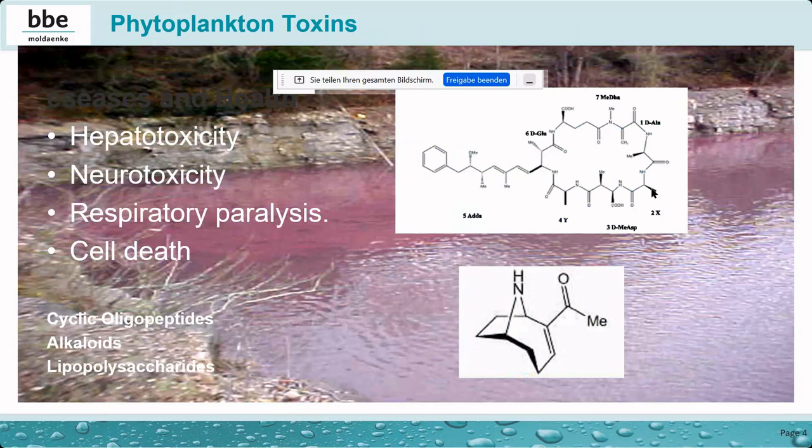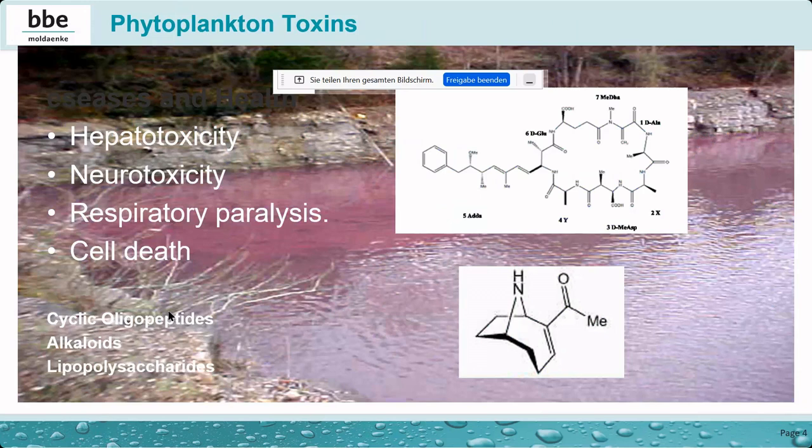This can cause liver disease, and it is a cyclic oligopeptide, and it works over a longer period on human health,